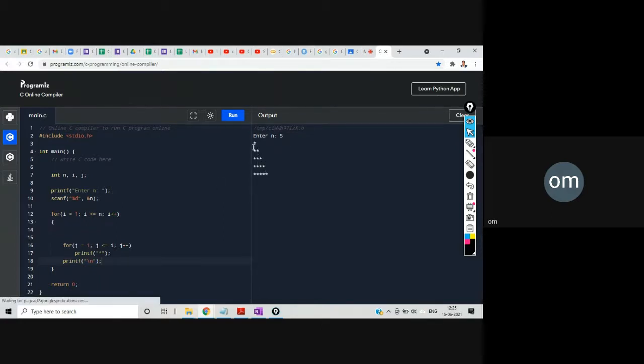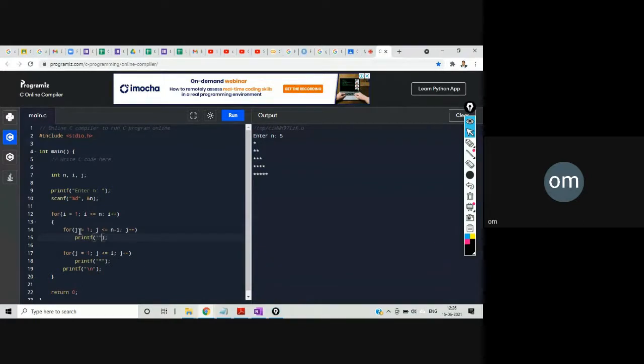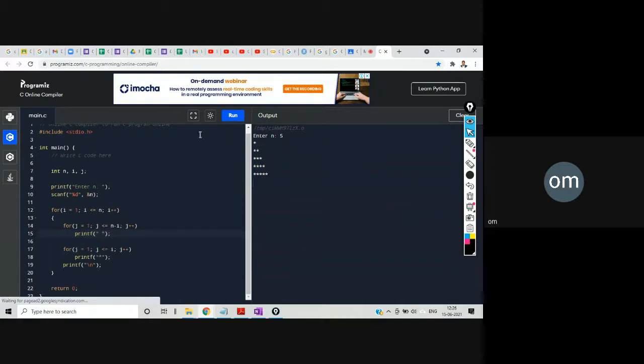First pattern, our left align straight triangle, right? Now we have to shift that one. We have to make this as a third type. So one more for loop will come over here, right? So let's shift that. for j is equal to 1, j is less than equal to n minus i, j plus plus, printf. And what we have to print is just simply one blank space, that's it. Okay, let's run this.